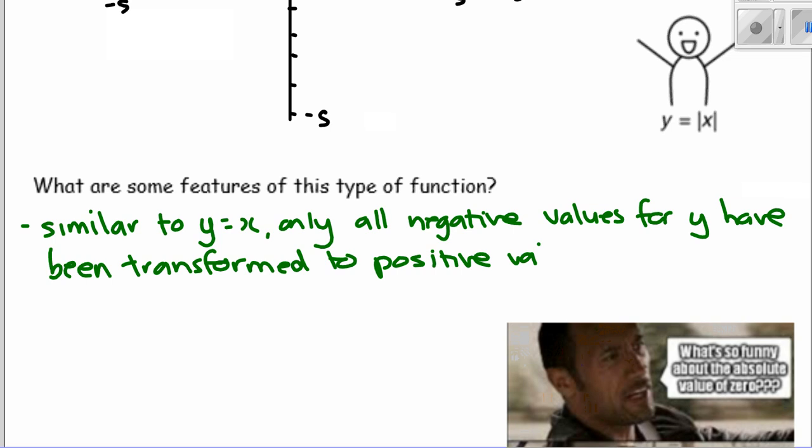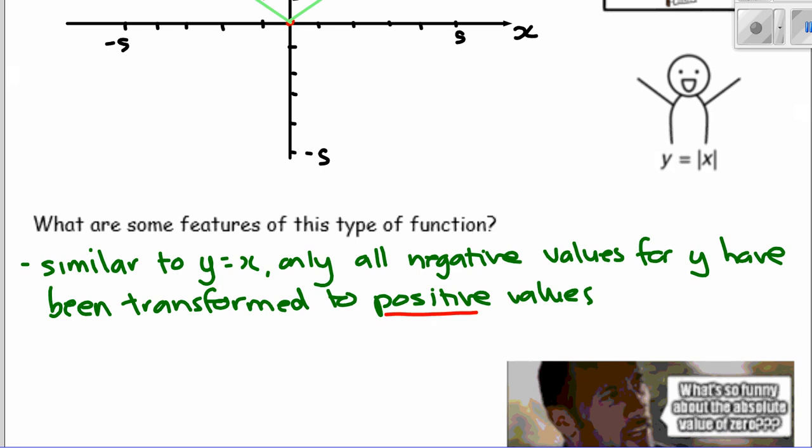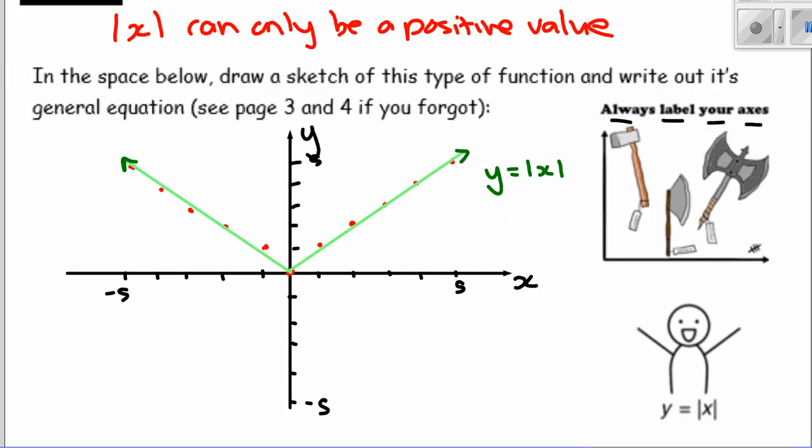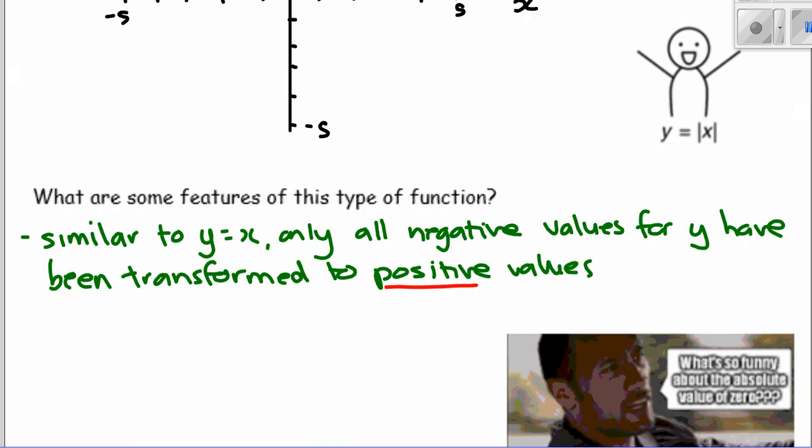So that's why the left arm seems to flip back up. It's positive values, that's one thing. Try to think, what is the domain going to be? Would you agree that it's going infinitely in the horizontal positive and negative direction? So horizontally it's spreading out infinitely. So we could say domain